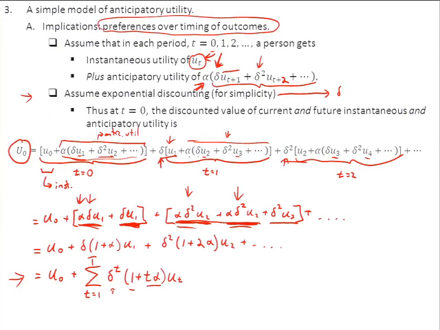What does the capital U mean? So do you remember when we were talking about beta delta, we were talking about preferences over plans? And a plan is a stream of outcomes, right? And so if the plan is P, then capital U of P was equal to some discounted sum of the instantaneous little u's, right? That's the little u of